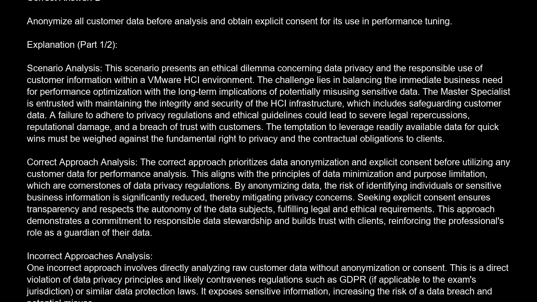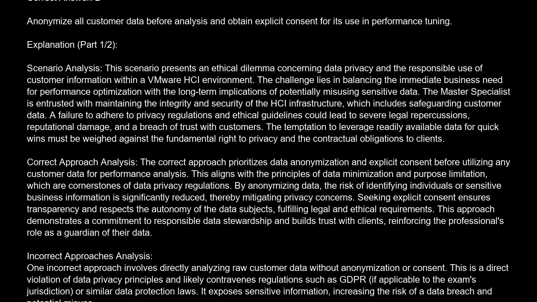The correct answer is D. Anonymize all customer data before analysis and obtain explicit consent for its use in performance tuning. Explanation. Scenario analysis. This scenario presents an ethical dilemma concerning data privacy and the responsible use of customer information within a VMware HCI environment. The challenge lies in balancing the immediate business need for performance optimization with the long-term implications of potentially misusing